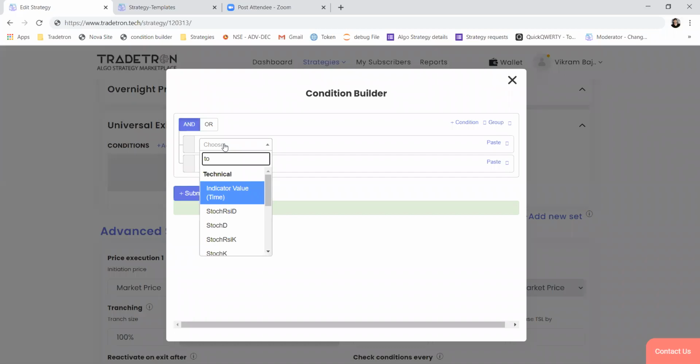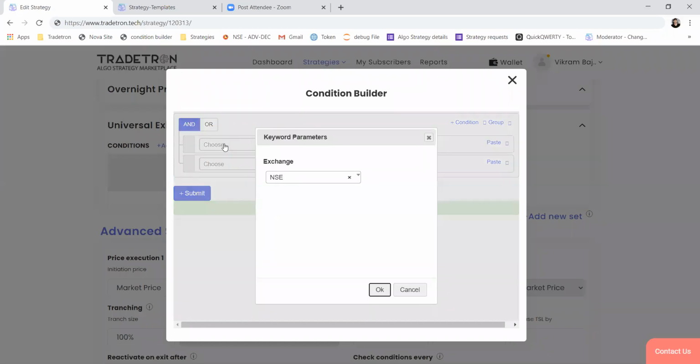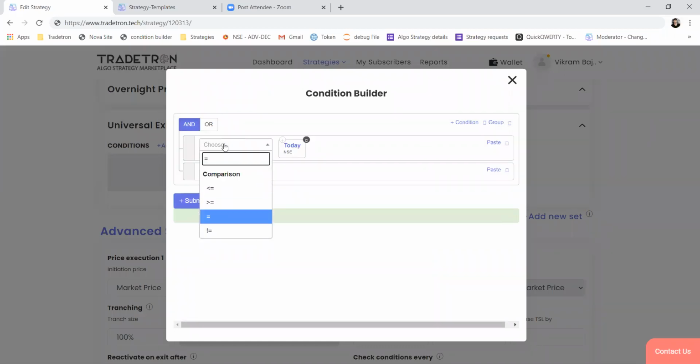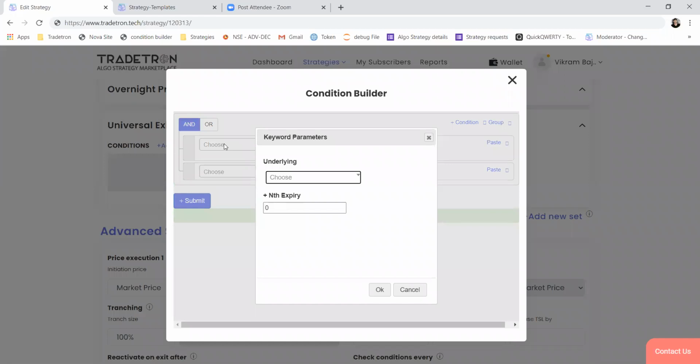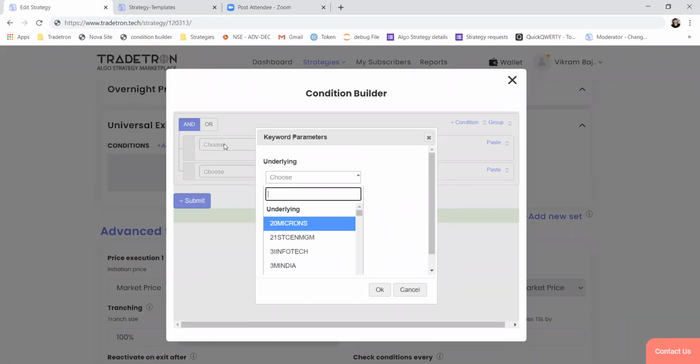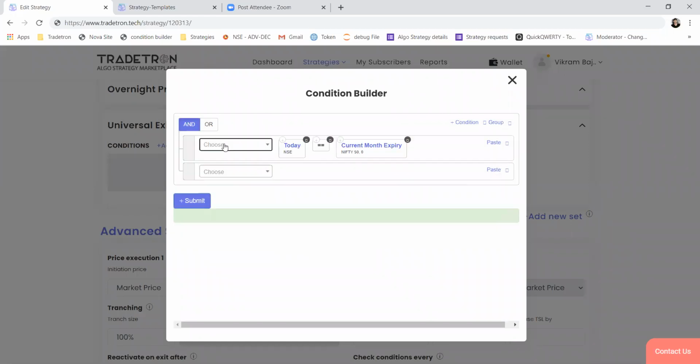So I write a condition like if today is equal to current week expiry or current month expiry of Nifty. So this is my one condition, like I want to exit if today is an expiry day.